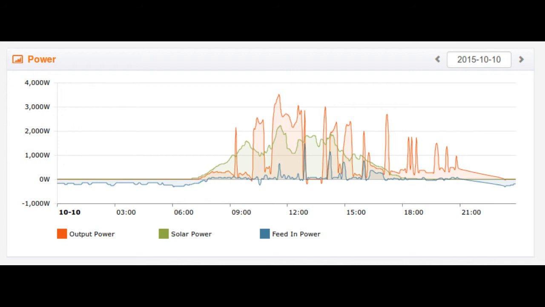Then there's another big lot of usage of energy. So we probably had the washing machine on and the dishwasher and various other things. And again, we've pulled no energy in from the grid there, you see. We've satisfied that extra demand again from the battery. And then eventually that peters off, and again there's an excess of solar energy, and so the battery's topped back up again with that spare power before there's more peaks in the afternoon, and again they're all being satisfied from the battery. So what I wanted to show by this graph is